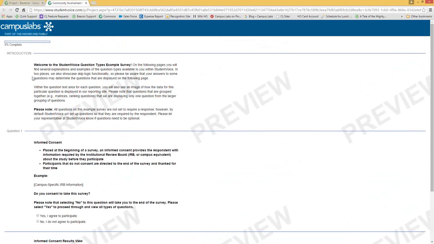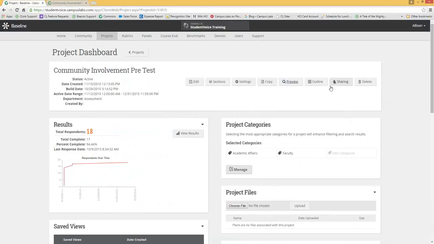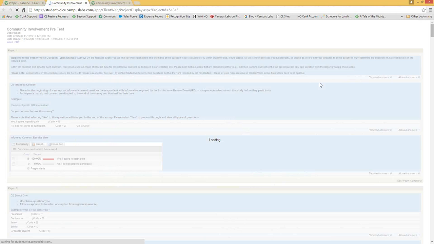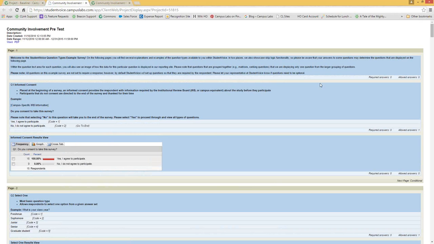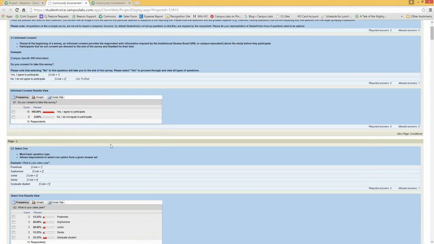If you wanted to see the survey from behind the scenes and the details of the survey, you would then click the outline button. This is a quick way to review the entire survey, as all questions will be visible on the screen. So unlike the preview button, you do not have to actually complete the survey to move from one page to the next. You'll see all of the answer options, the skip logic, and any coding that has been included in